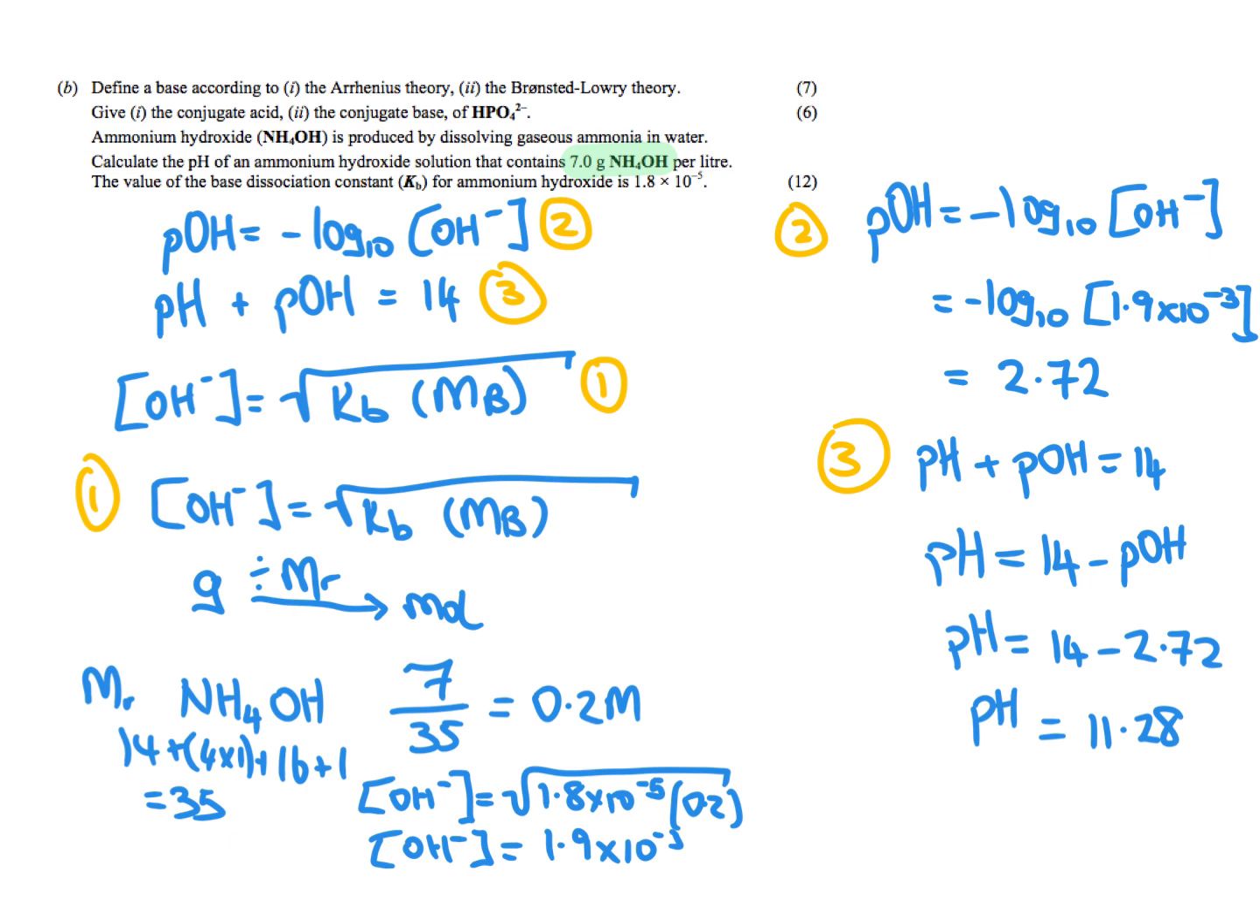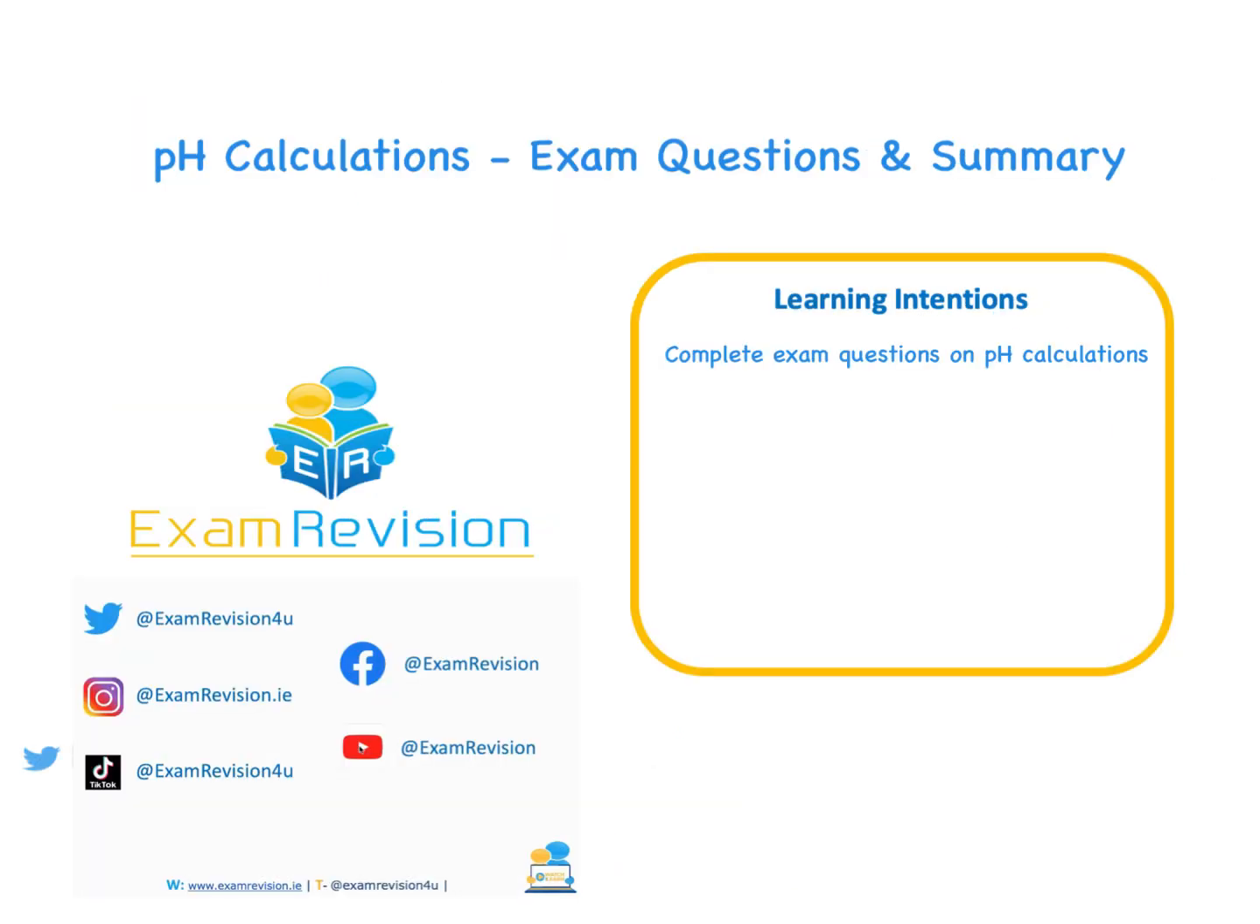So let's just take a look at where we would be assigning the marks in this question. So there is 3 marks, first of all, for calculating the molarity of your base. There is then 3 marks for finding the concentration of the OH minus ion, 3 marks for finding the pOH is 2.72, and then 3 marks for finding the pH to be 11.28. So just to finish up,